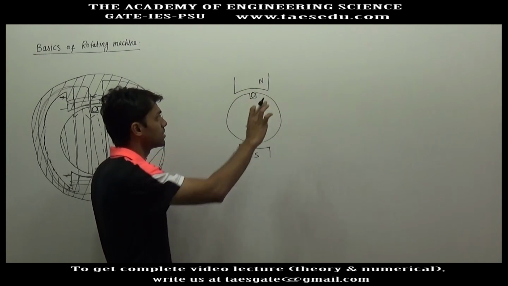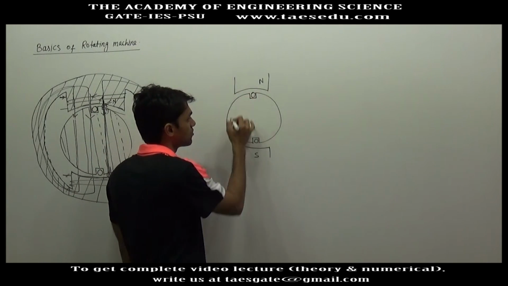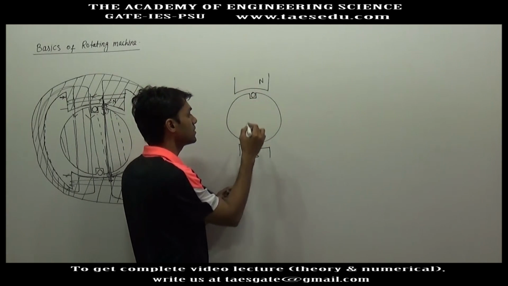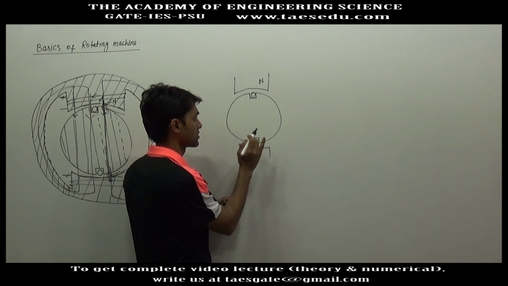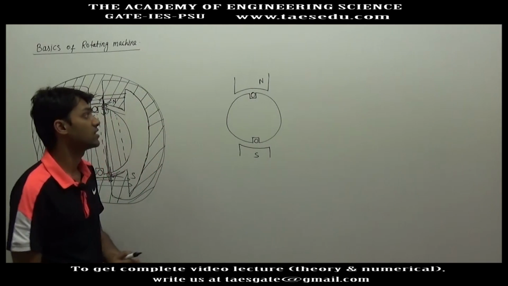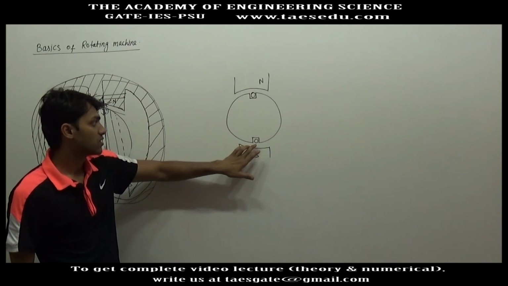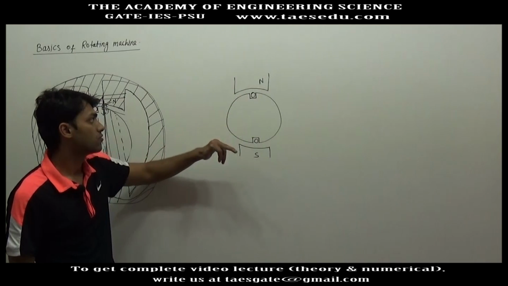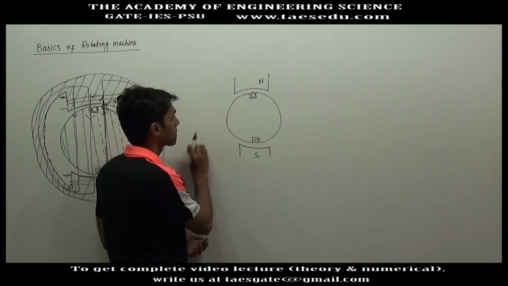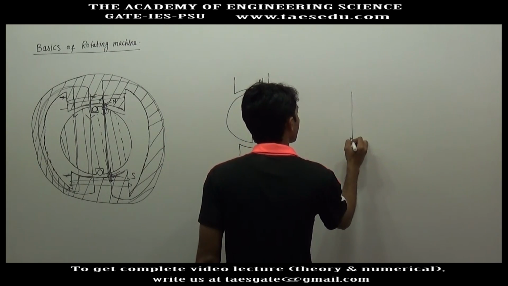This is a stator. In the machine, the stationary part will be called the stator, and there is a slot in the rotor. This is a cylinder, this is the front view of the cylinder, and this is a conductor that has been put in the slots. Actually in a machine there are many windings, but just to explain the concept I have taken only one winding, which has one turn. So we have the direction of magnetic field in the downward direction.